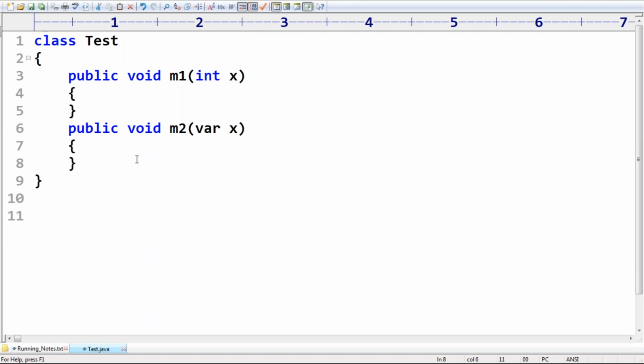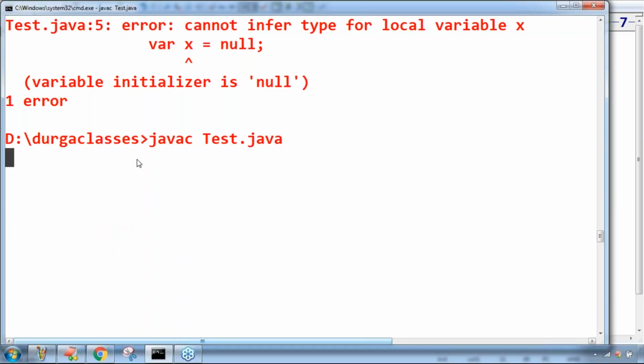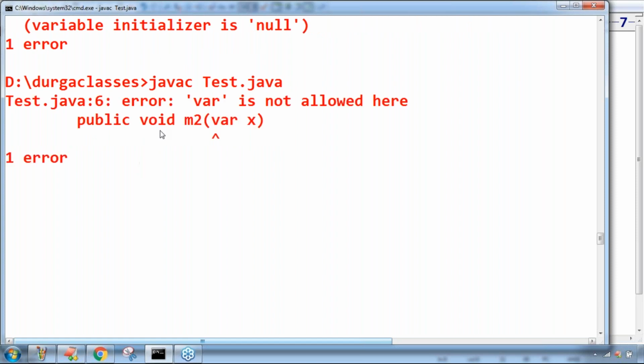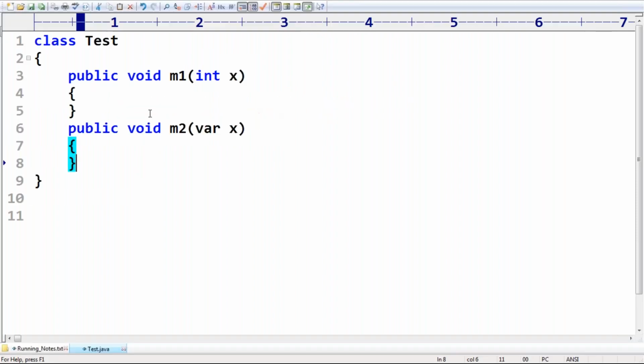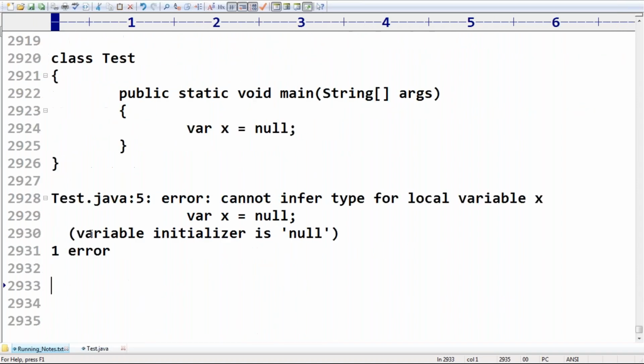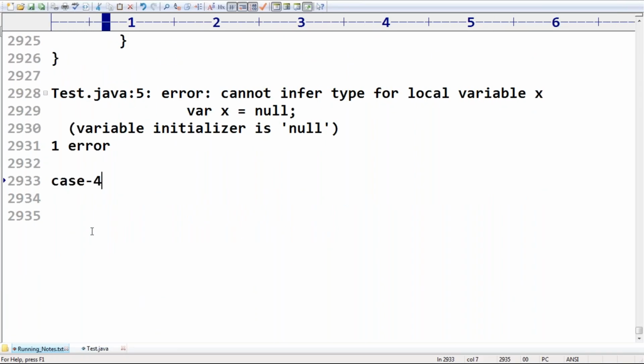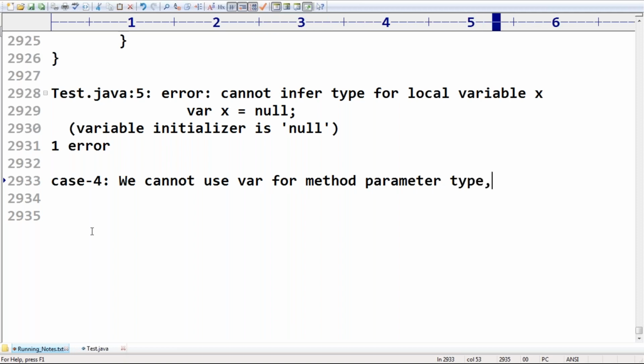Here have a look once. Observe carefully: var is not allowed here. Are you getting it? So the next case, all error cases: we can't use var for method parameter type, because at runtime which type of value will come, the compiler can't guess.